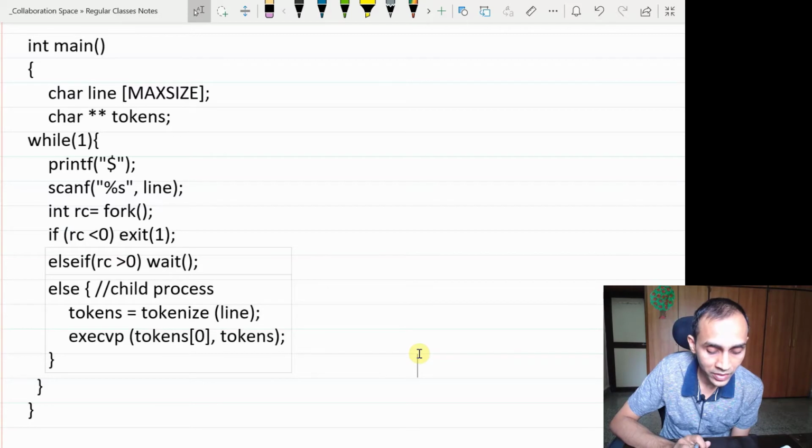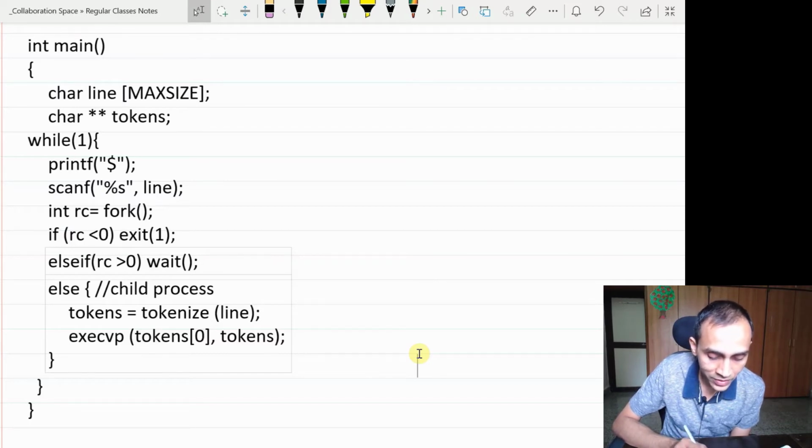Another important reason is, if something goes wrong, your shell itself will crash. In case this program is erroneous and crashes, then your shell itself will crash, and you may not want that.